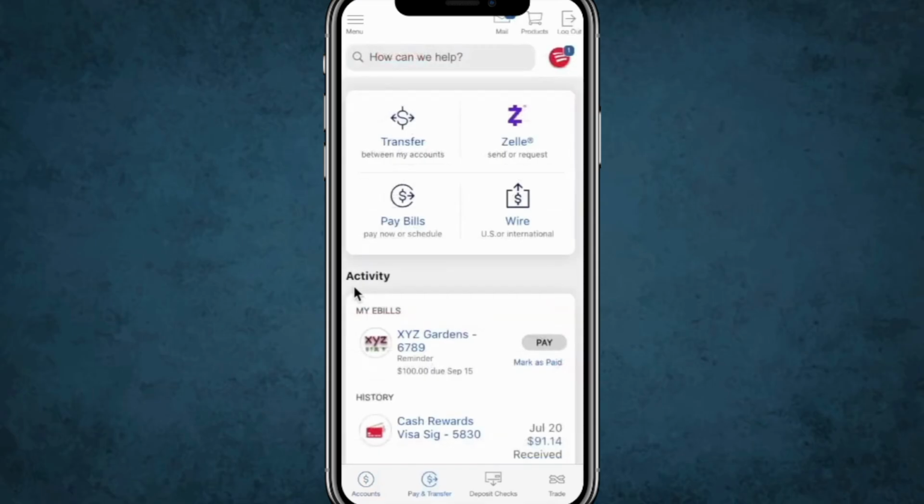It won't reverse any payment that's already in process. If a confirmation number or message appears, consider saving it for your records. After you've cancelled, it's a smart move to review your upcoming payments. Navigate to your scheduled or upcoming payments list within Bill Pay and make sure there are no remaining automatic payments